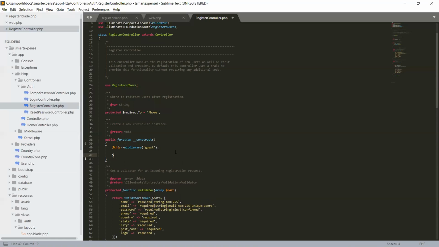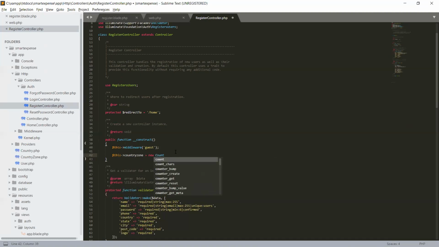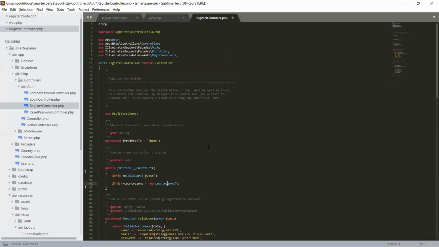So, $this->country_zone is equal to new CountryZone, and this is our model. We need to include it in our namespace.